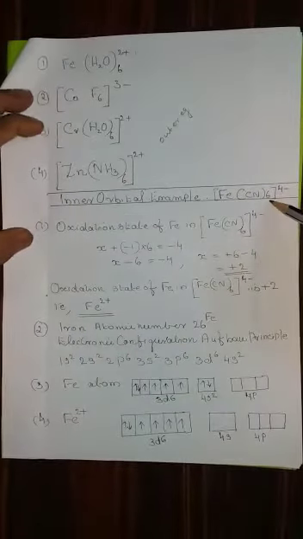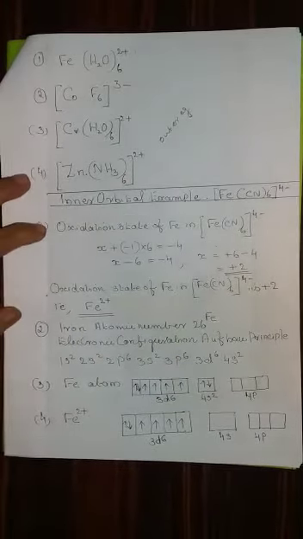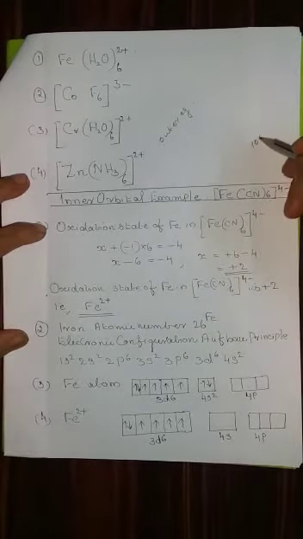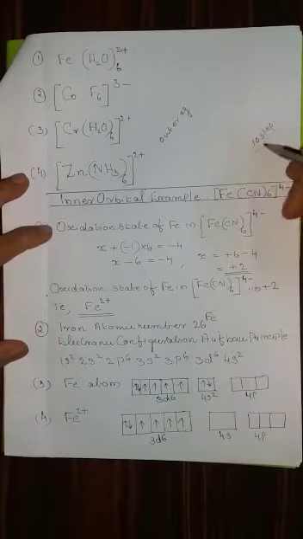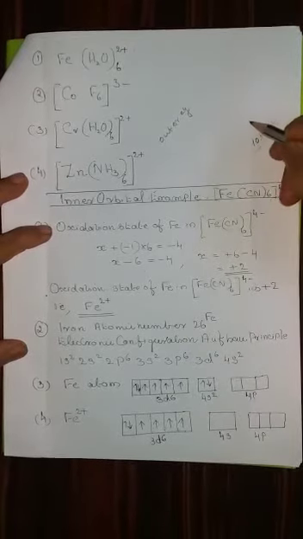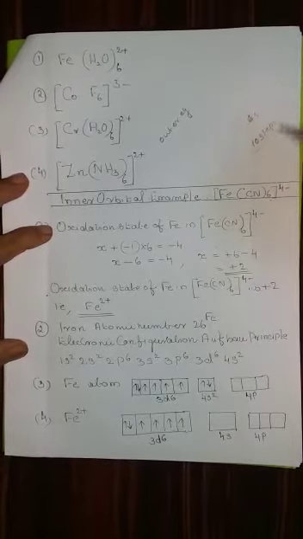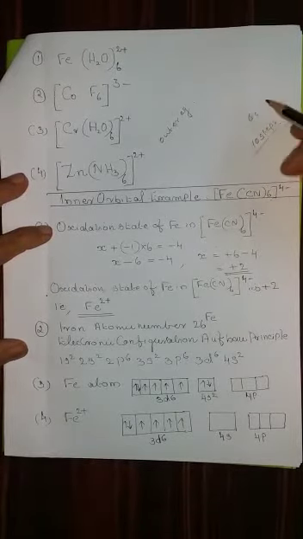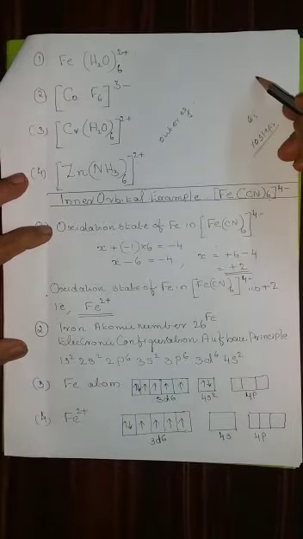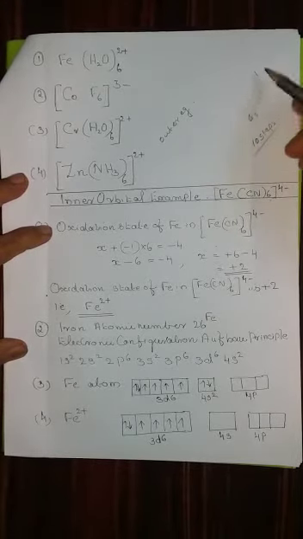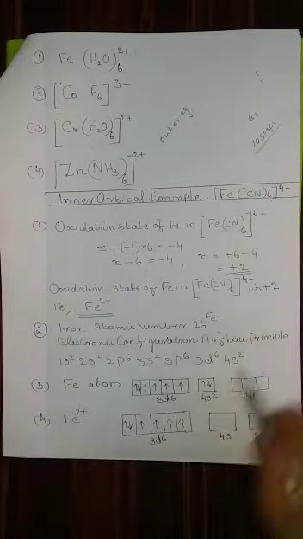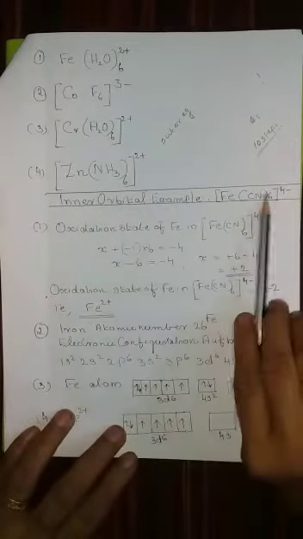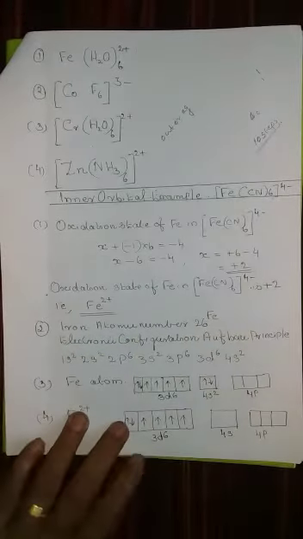Now, we are going to study one example only. A number of examples are there. Nearly 10 steps are there. You follow all the steps, listen to it, and the number may not be according to your numbering, it may be around 8 or 9, but the steps should be there. For example, electronic configuration, atomic number one step, ground state one step, all that should be included. Therefore, let us start with the inner orbital complexes. One example.